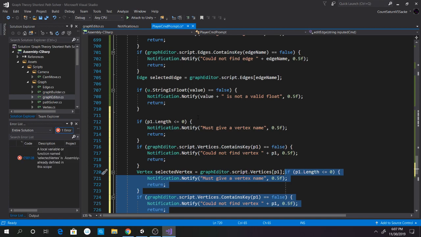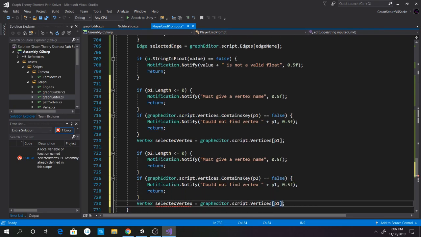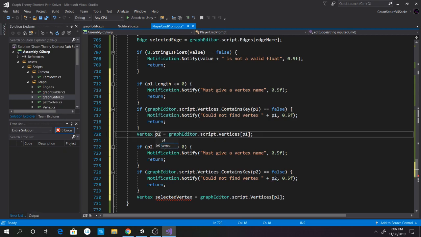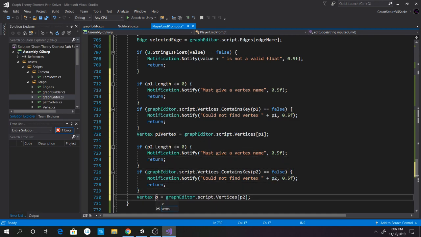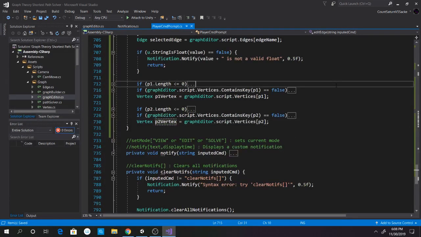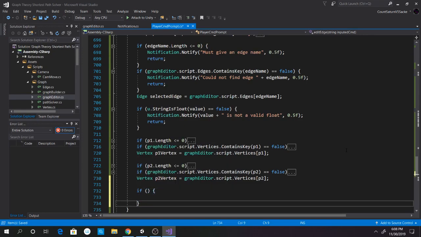So we're going to put it right here. It's going to be P2, contains key P2, P2, P2. Now we don't want it to actually be called selected vertex. We want to call this the P1 vertex. And here will be the P2 vertex. We'll go ahead and shorten these because, yeah, these are getting rather complicated, not complicated, but yeah, whatever, you get it. So now we have to do